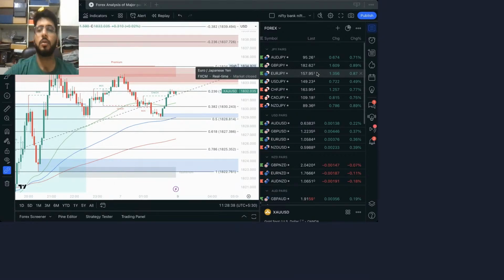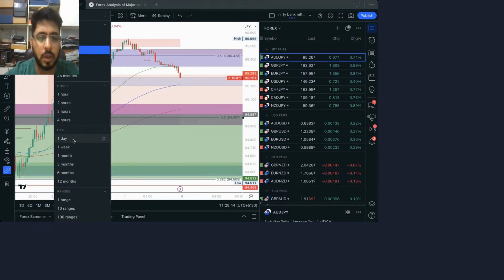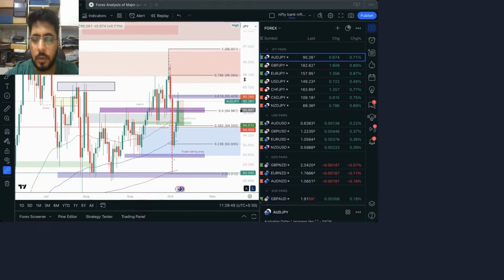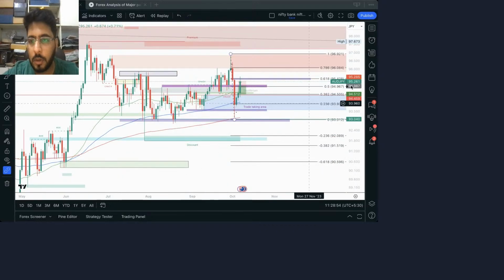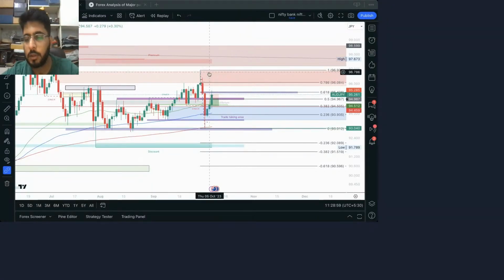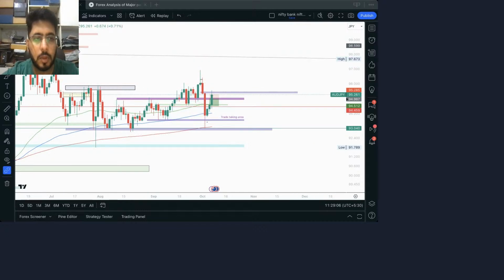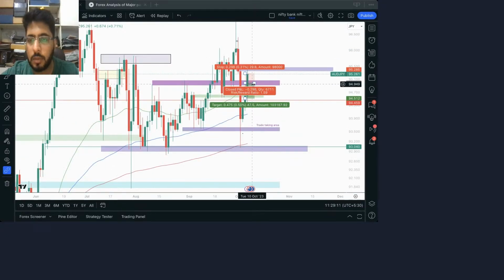So let's see what is happening in the market. We'll go on a higher time frame. I'll just give basic analysis. Okay, so this is the basic setup. So I trade this AJ, but